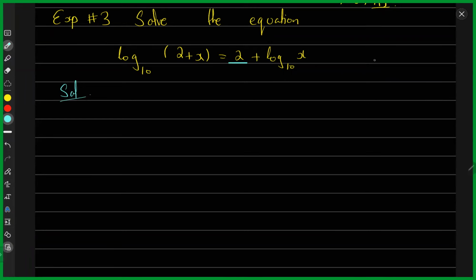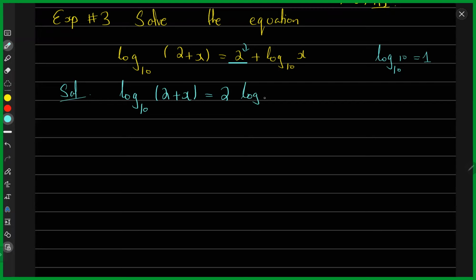And I know that log base 10 of 10 is going to be 1. So I can directly add log 10 10 over here, and that would be equivalent to 1, and I can certainly multiply a number with 1. This means it would become log base 10 of 2 plus x equals 2, and with this 2 I'm multiplying 1,